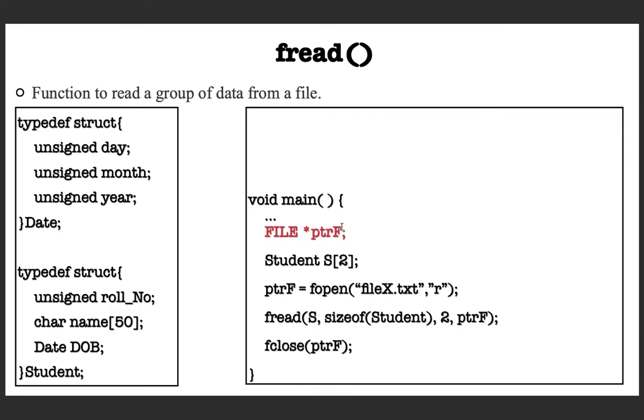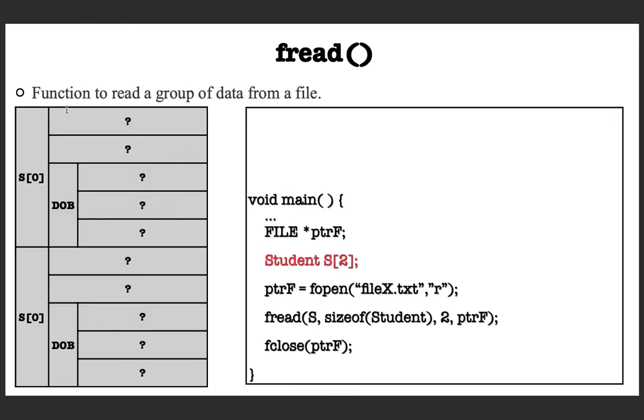and we are creating a file handle. After that, we are declaring an array of 2 students. So you will get this kind of a structure created, array with 2 elements. This should be S1. Sorry for this typo. This must be S at index 1. Even in the previous slides, I think this mistake is there. I will correct it and send you the slides. Sorry for this mistake. It must be S at 1.